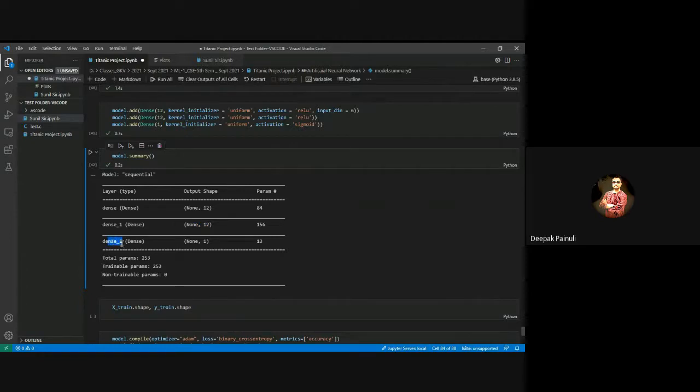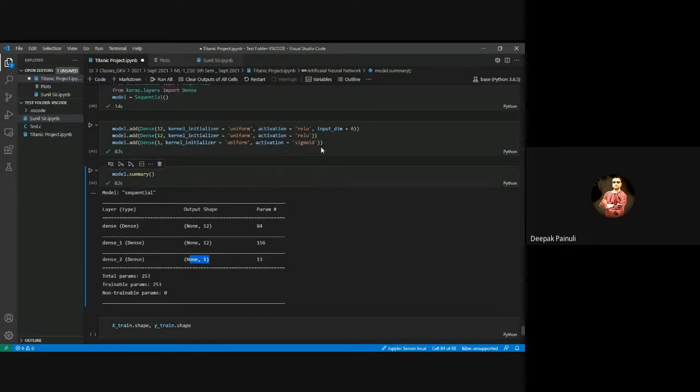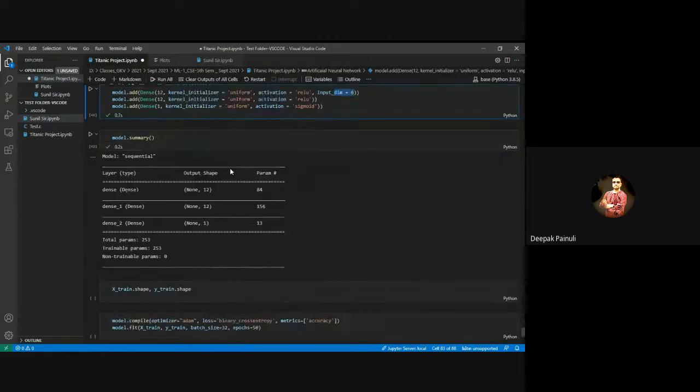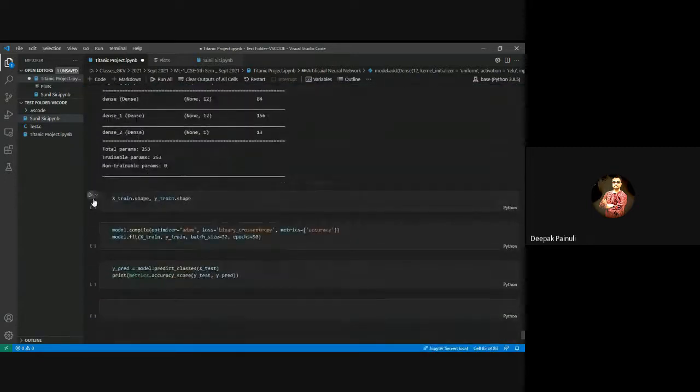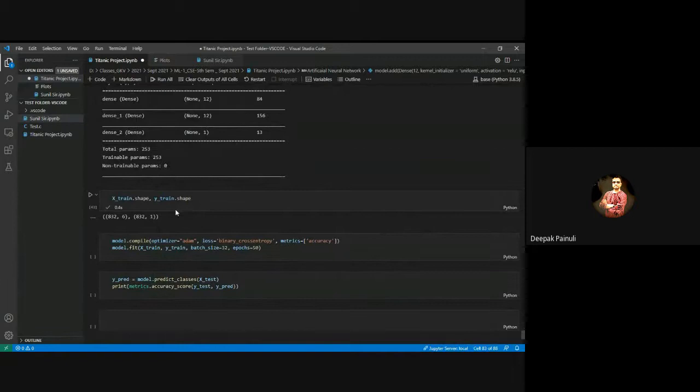And in the same way, the output layer, the last layer, is having one neuron only. That means one class only, right? And input dim represents the number of features you are going to input in the model.